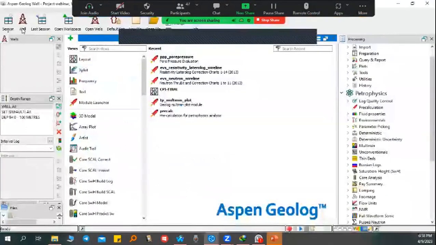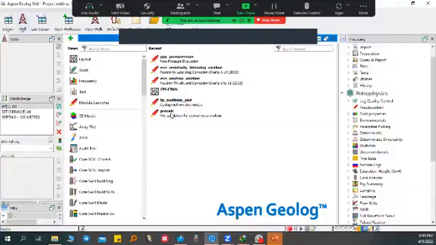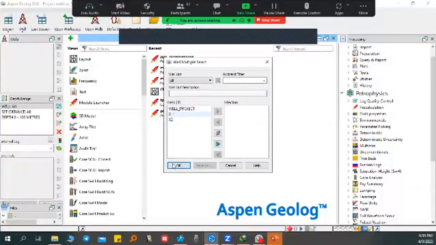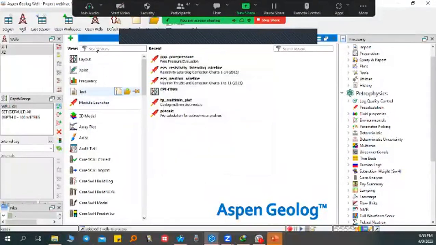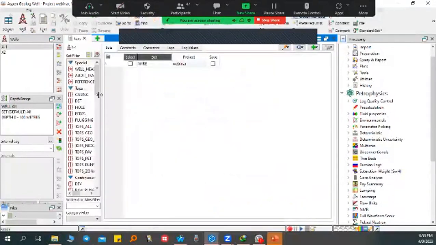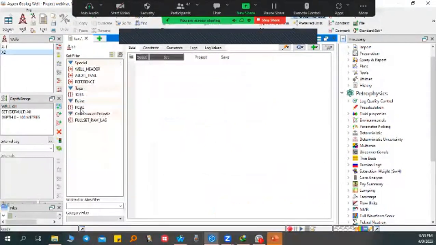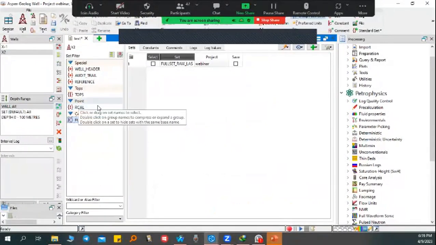This page is open. I call the wells that I made. By clicking the text, I go to the well that I loaded in the movie that you see.